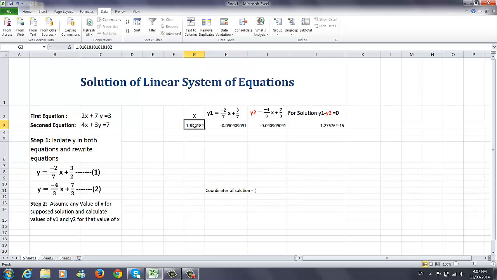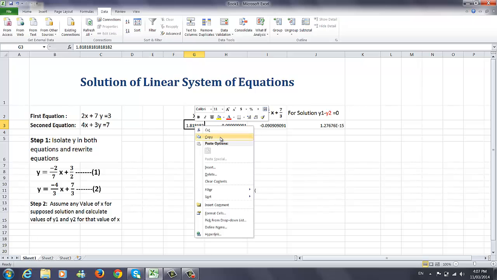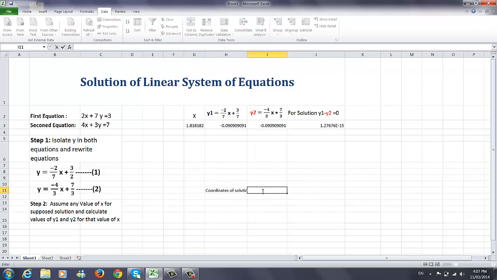We can copy it from here and put it inside the bracket, Control V, or simply you can type in the number 1.81, comma, and the second, y, is minus